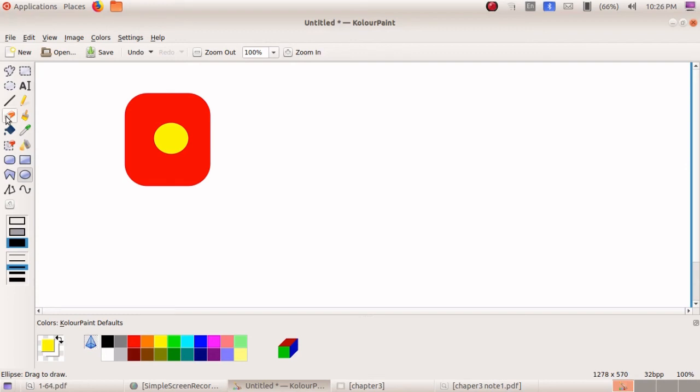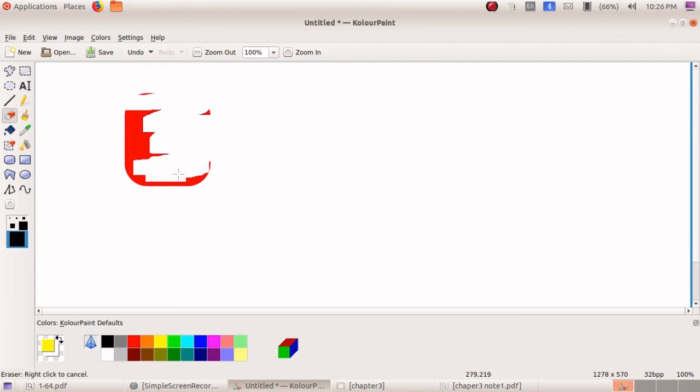Now I will show the 2 different erasers. Click on this eraser. Okay, now yellow color is selected. If you simply rub it, all pictures are rubbed out, isn't it? Now I don't want the whole picture, I want to rub only this red colored picture.